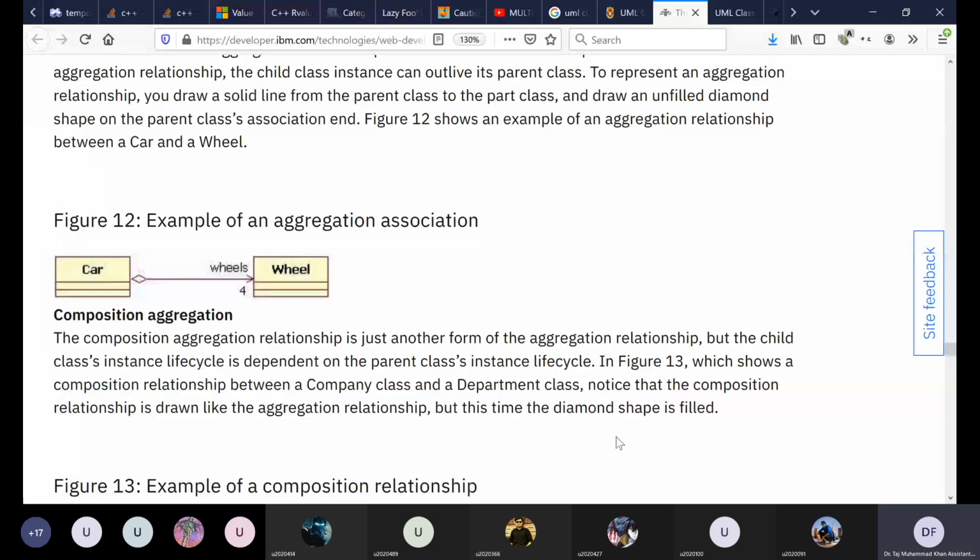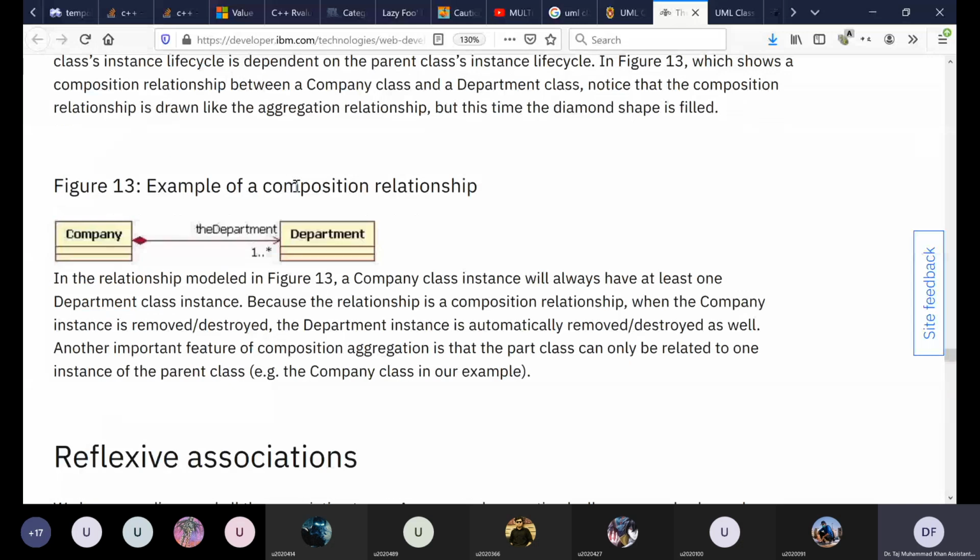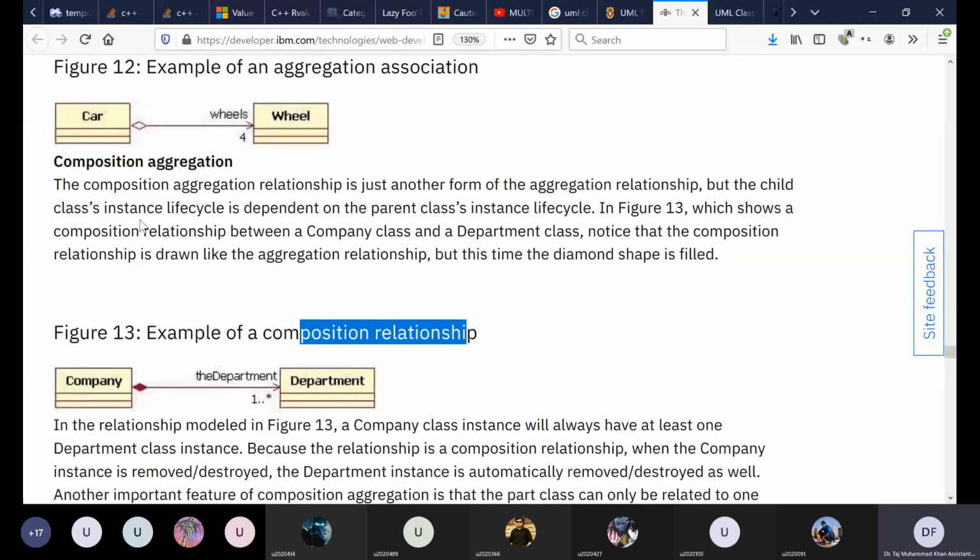Inheritance, I told you, is one thing. If you want to model GIK, take a class, and inside the institute you will have these faculties. These faculties are part of the institute. So the institute has a faculty. This relationship will be modeled as either an aggregation or a composition. Has-a relationships are aggregations or compositions. So what's the difference between aggregation and composition? The difference is the lifetime of these objects.